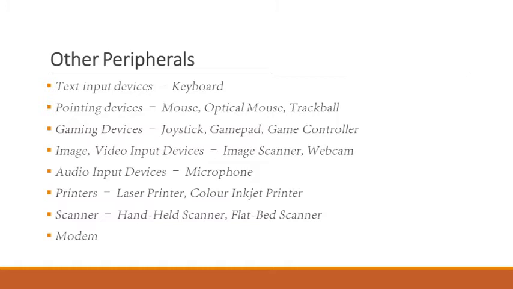Under the pointing devices we have three major divisions. The first one is the mouse, which is a pointing device that detects two-dimensional motions relative to its supporting surface. Then we have the optical mouse and also the trackball. Optical mouse is a newer technology that uses light to track the surface under the mouse to determine the motion to be translated into cursor movements on the screen.